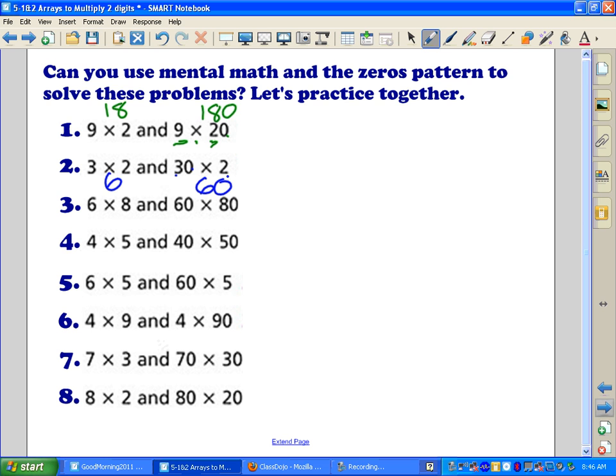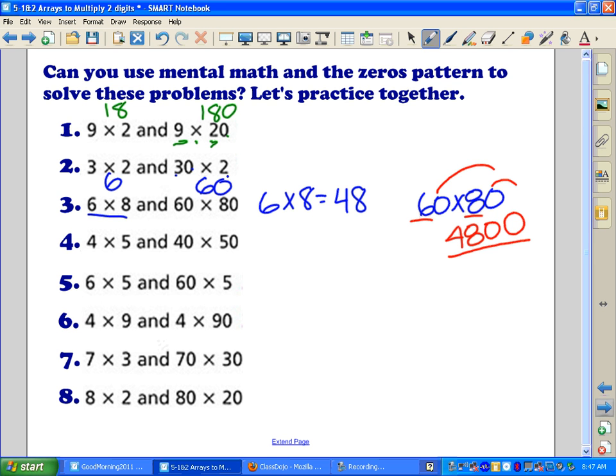6 times 8. 48. So 6 times 8 is 48. But 60 times 80. So I do my basic problem. 6 times 8. So what's 6 times 8? We said it right there, 48. And I add 0 and another 0, and I get 4,800. You didn't know you could multiply such big numbers in your head, did you? Alright, I want you, with your partner, to work on 4, 5, 6, 7,